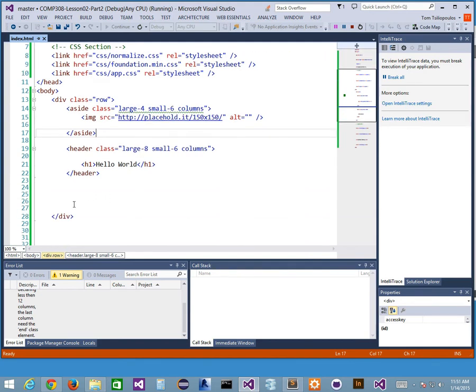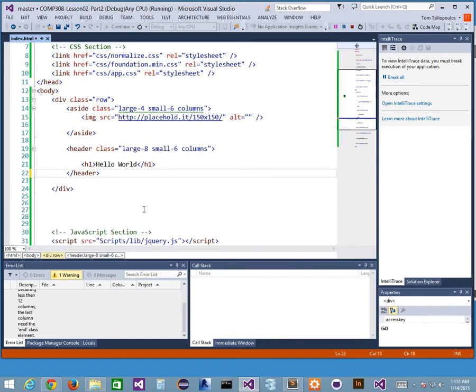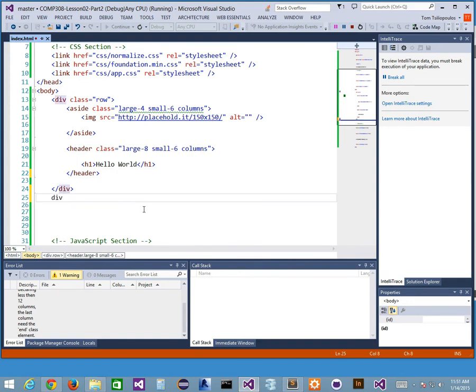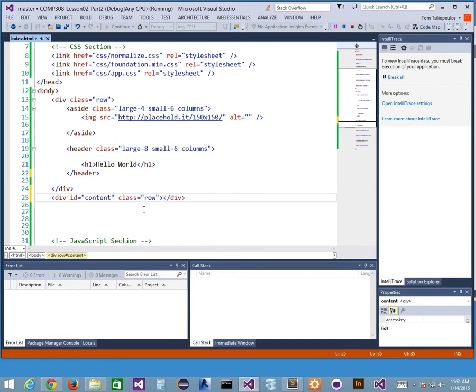I can have another row for my content, and I'm just going to call that content. Let's just go div, and I'm going to give it an ID of content. So here's my content section, right? And you know what? Let's go back. That's the great thing. I'm going to give it a class of row, right? So here's my row again, and inside my row, I want to have a couple of